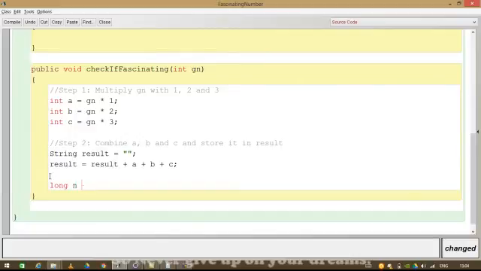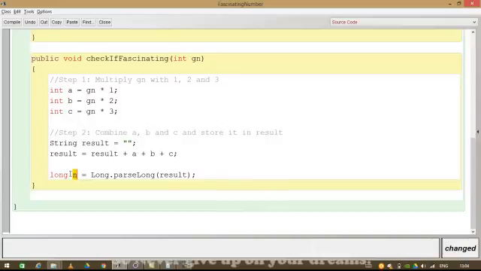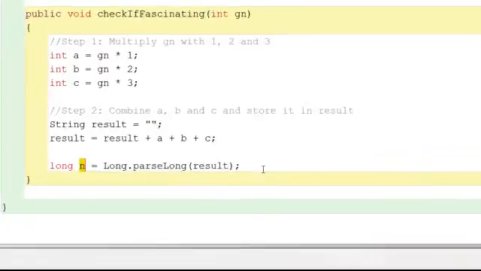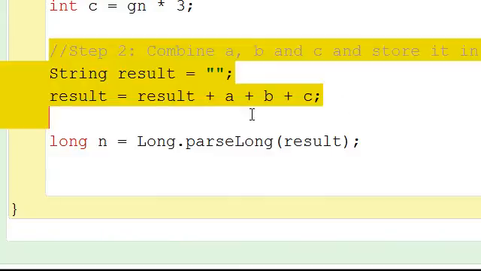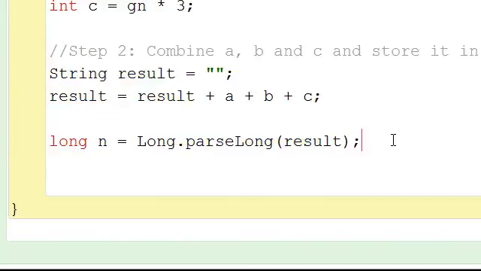Long n is equal to, all that you have to do is use the function Long.parseLong of result. So I got the value n. This is our new number n, which we will be checking. So in step 2 we have this one. Step 3 is basically